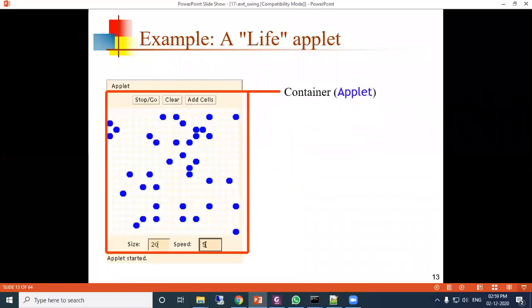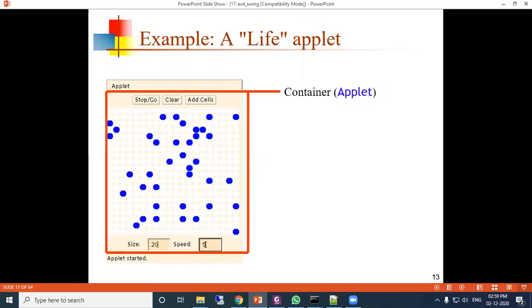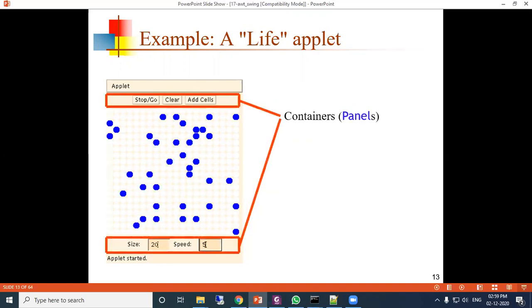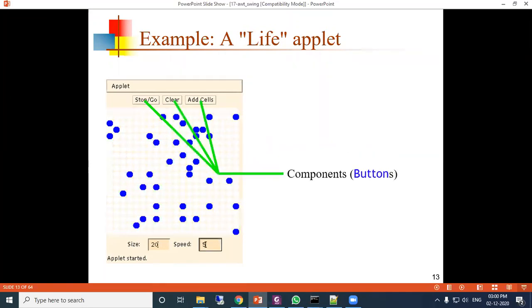So first is a container, which is also a component. The container has some sub things; inside the container a panel is there. So the panel is a container and that is under the applet. So under the applet is the panel, under that the canvas. All these are components.